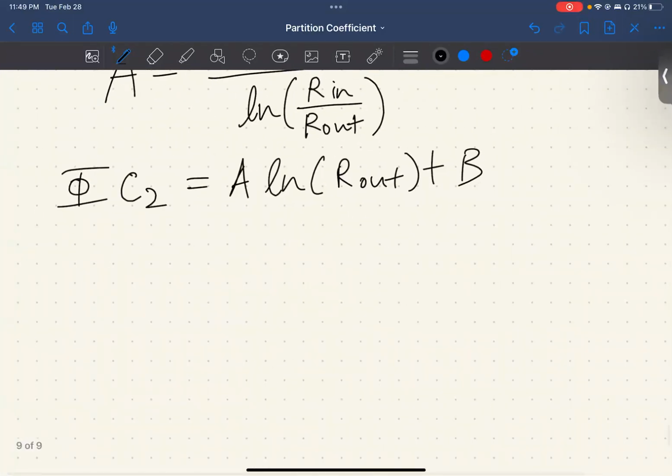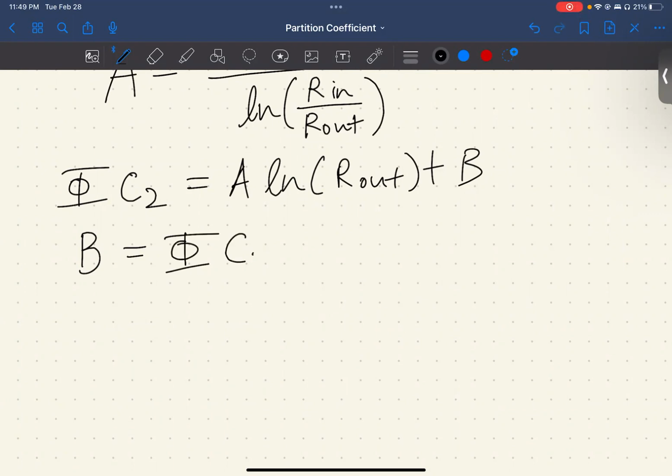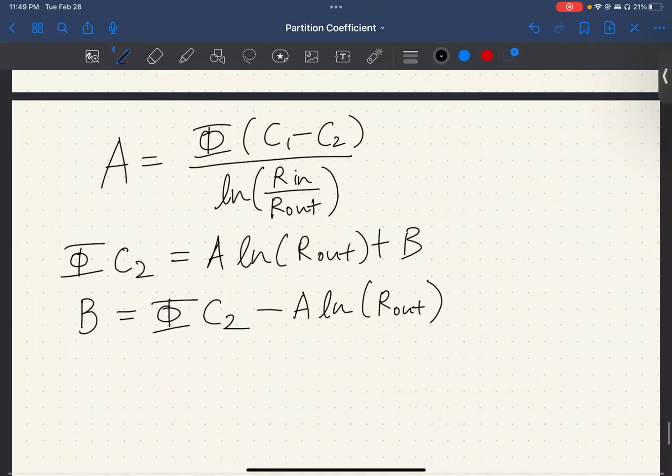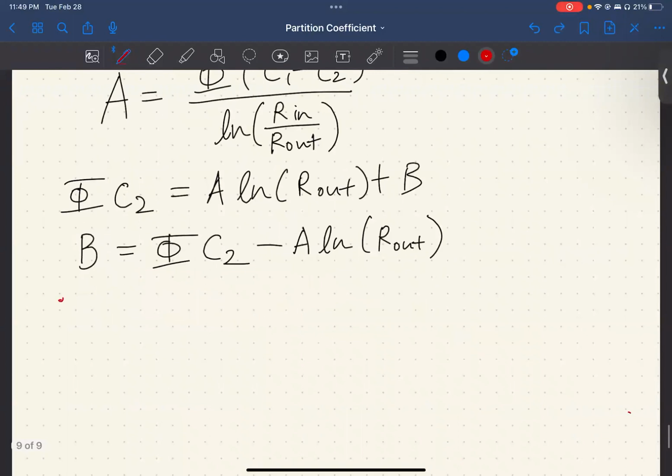And right, we're going to isolate the B, so we're going to just move this over to that side. So that gives us B is equal to partition coefficient C2 minus A natural log R out. And what we can do is plug this A into here, right? We can plug it in. Or we can pause and realize, let's recall, our CM